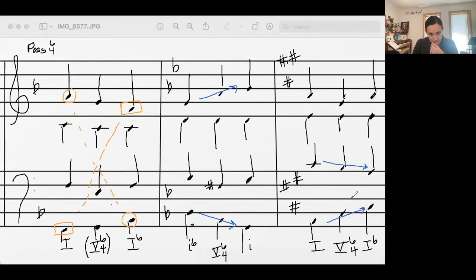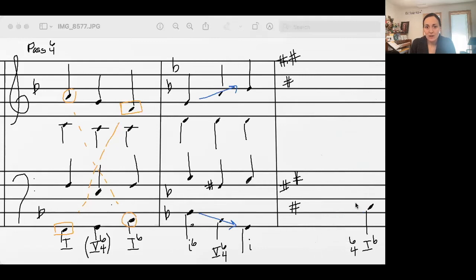a 4/6/4, which we should. So let's do, I'll tell you what, let's do this. I'm going to erase this, keep the same key, but let's do F sharp minor. Ooh. And remember, in minor, when you're going between a 1 and a 4, you're not going to have any alterations because none of those pitches need to be altered. But let's just try this out. So, oops, sorry, stray mark. Okay, so let's go ahead and do a 1/6/4, or sorry, a 4/6,